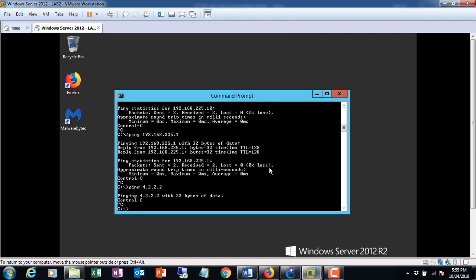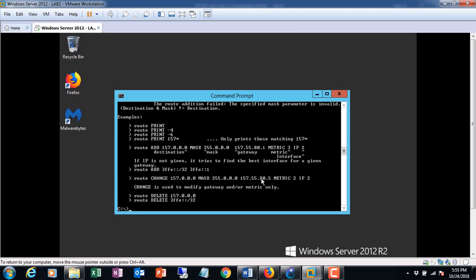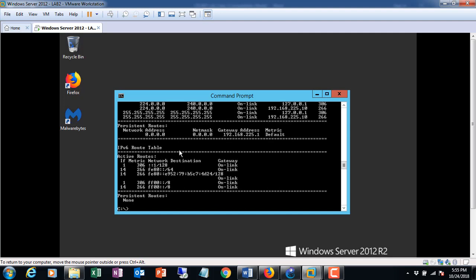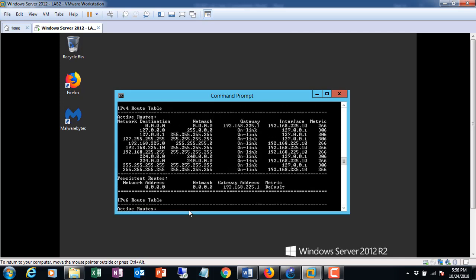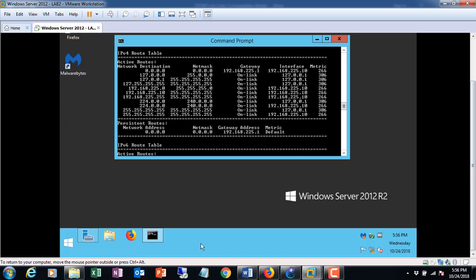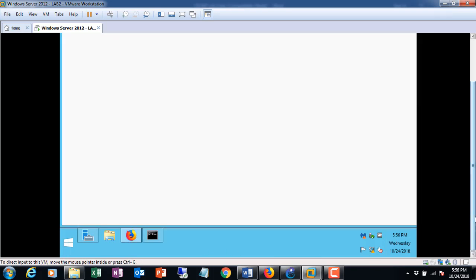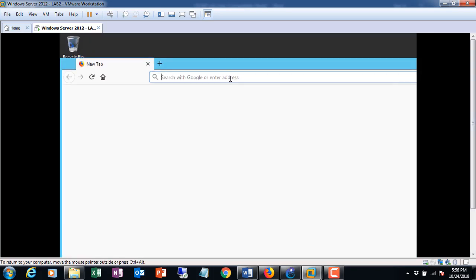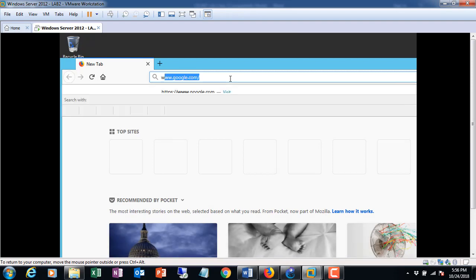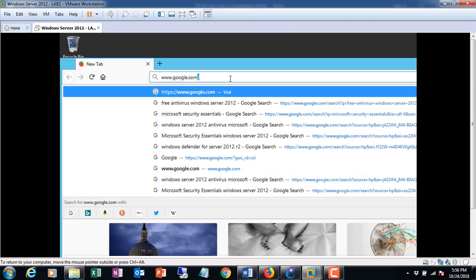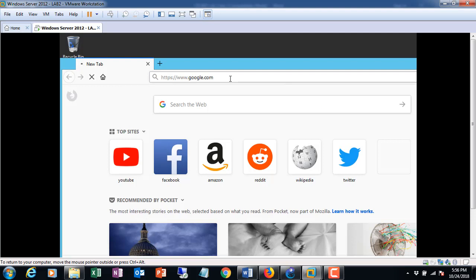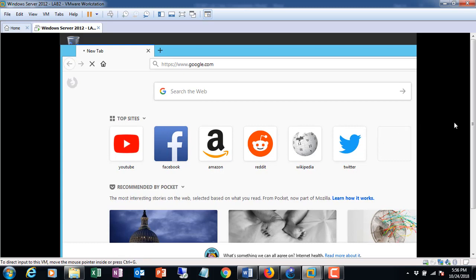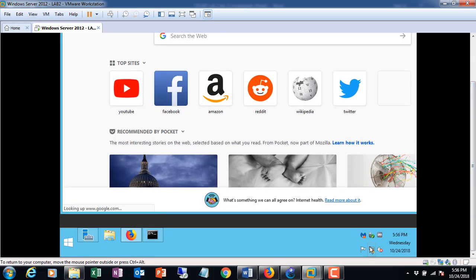Can't ping out. My route print. That looks right to me. It could be a DNS issue. Let us look at our